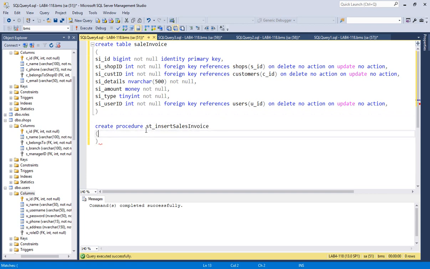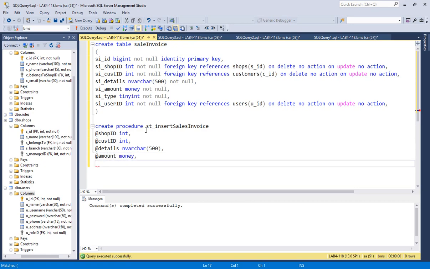Okay, and then come here, and what you can pick up, this is a stored procedure, so @shop_id integer, not null, sorry, not null is not there, @cust_id integer, then @details, and then that should be nvarchar 500, and then @amount, that should be money, and then you have to specify the type, that is tiny integer,